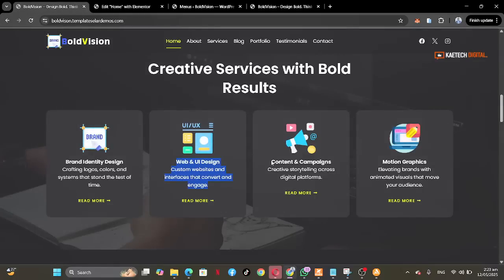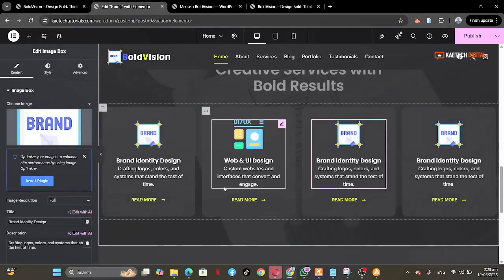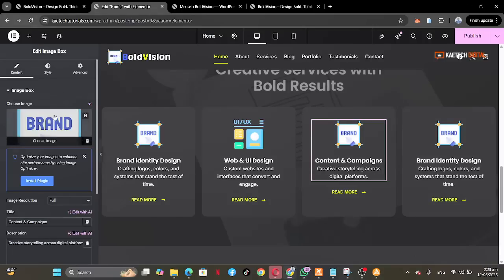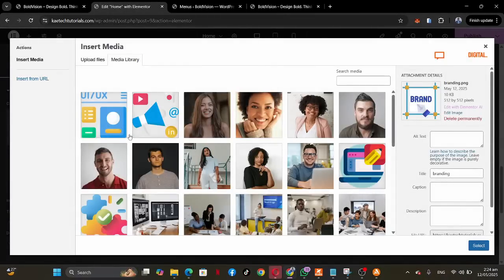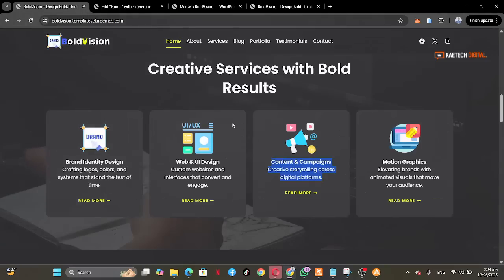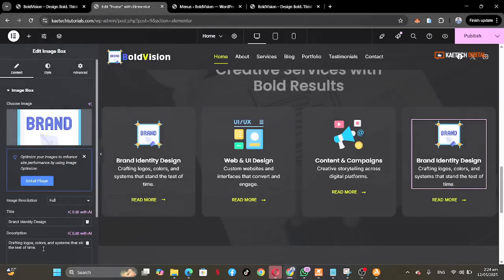I'm going to content and campaigns, I'm going to copy it, come over here, paste it over here, cut this one, paste it over here, and then come over here, then select the content and campaign icon, and the last one, which is graphic motion or motion graphics, I'm going to copy it, come over here, paste this one,